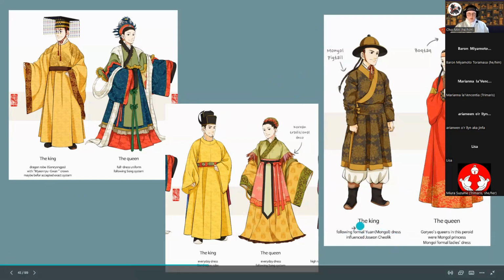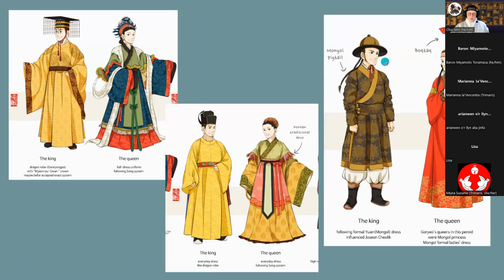And then here's a depiction of a very Mongol style outfit. This would be what a cholik is, and it's got the ribbon plating here. And I would definitely accept that nobles would have worn stuff like this, especially if someone from the Yuan dynasty was visiting. They would have been like, oh yeah, we gotta dress up to accept the incoming diplomats. So they would have definitely used very Mongol looking stuff when the diplomats came to visit, so they could get on their good side, kind of thing.